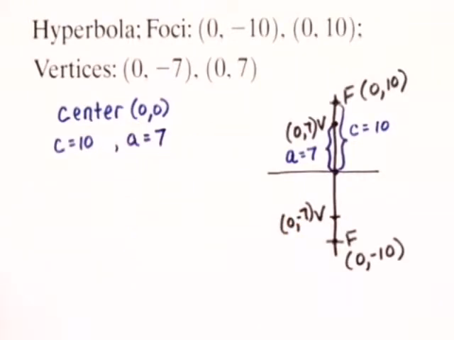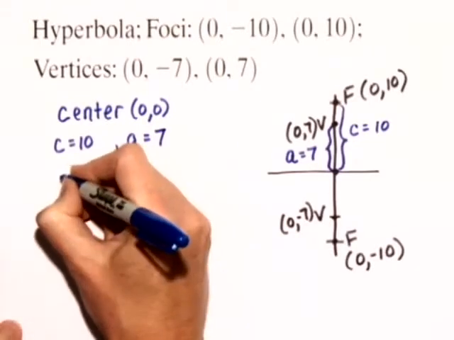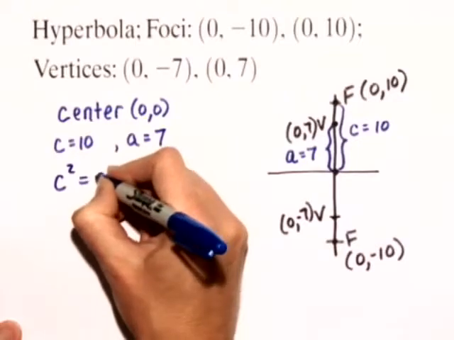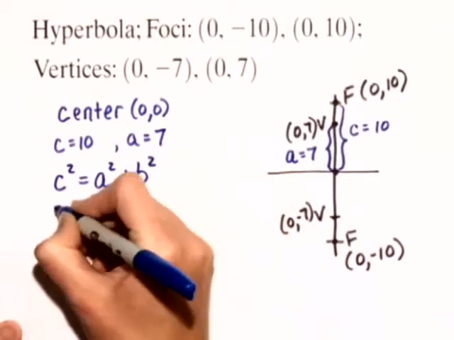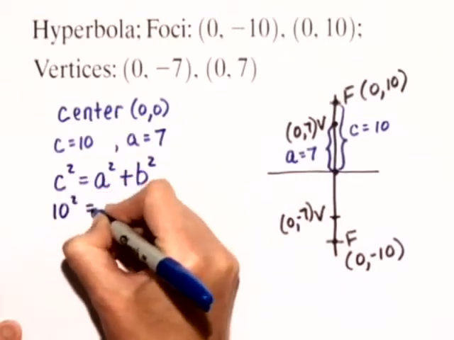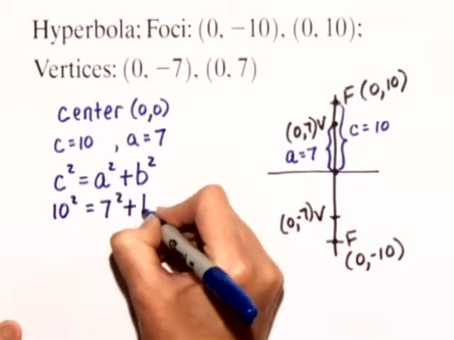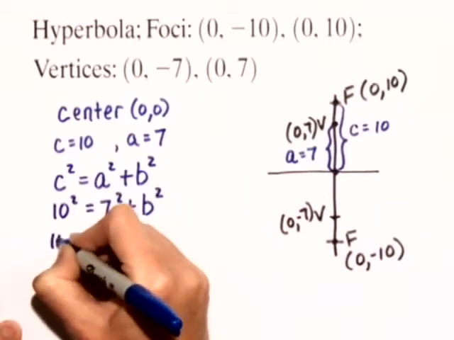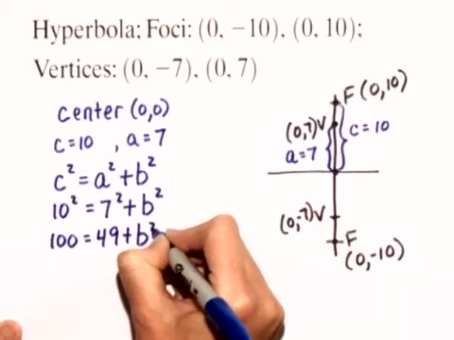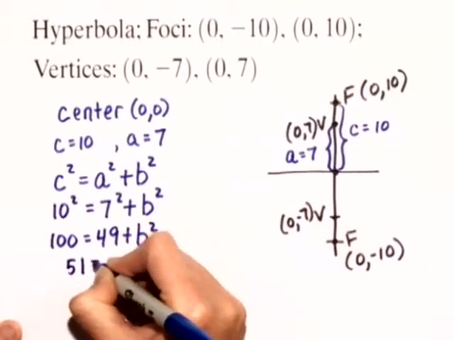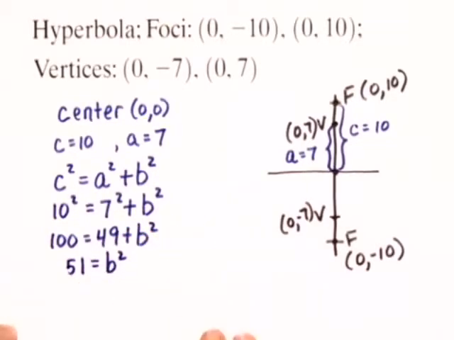Remember, for the standard form of a hyperbola, we also need B. So in a hyperbola, C squared is equal to A squared plus B squared. So we have 10 squared equals 7 squared plus B squared. 100 equals 49 plus B squared. So 51 is equal to B squared. Now we have all the information that we need in order to come up with the equation in standard form